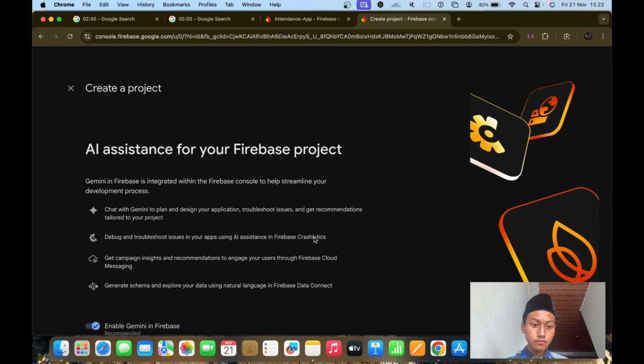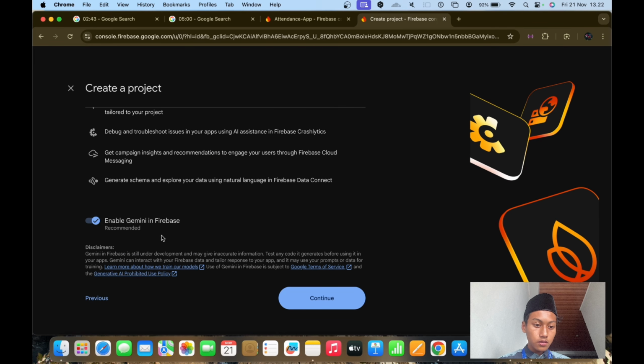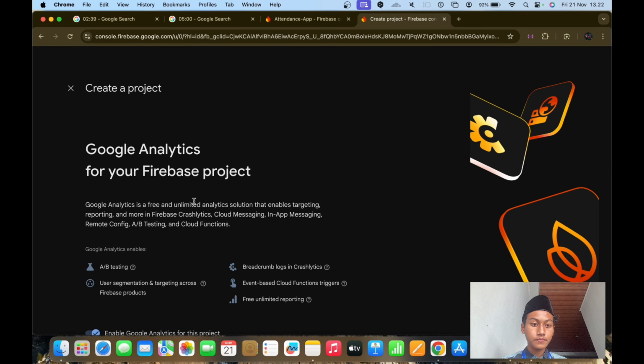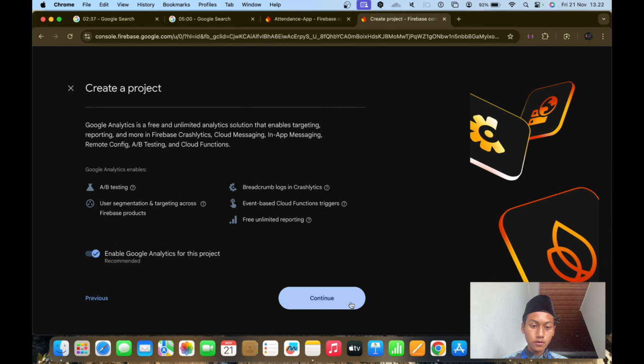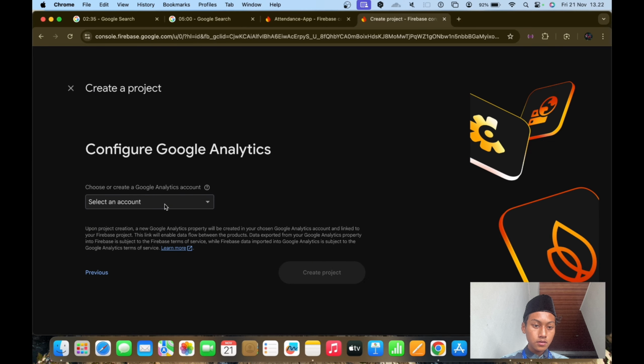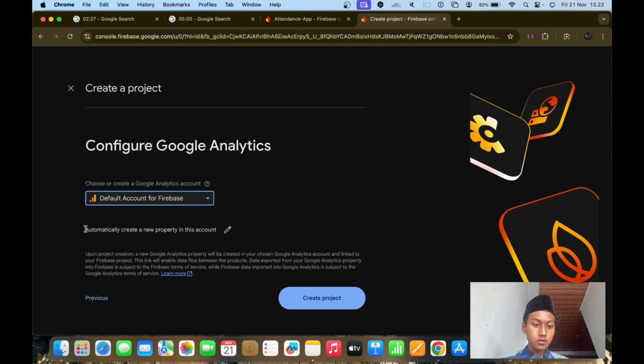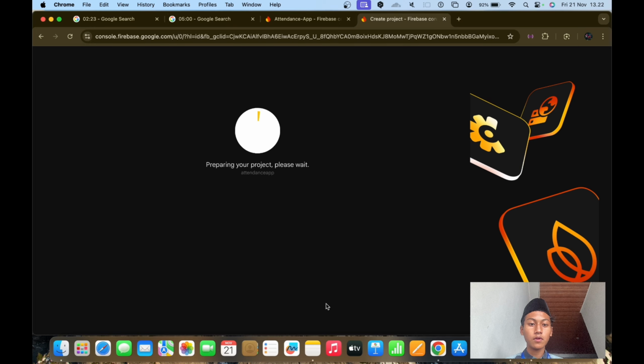Continue. After that you can enable Gemini in Firebase or not, and then you continue, and then you can select the account for Firebase. I choose the default account, and then you can start your project.